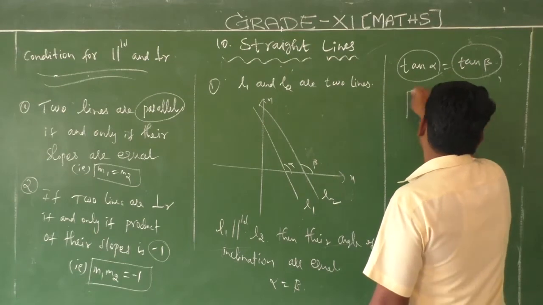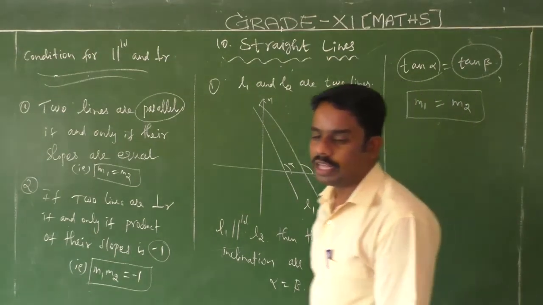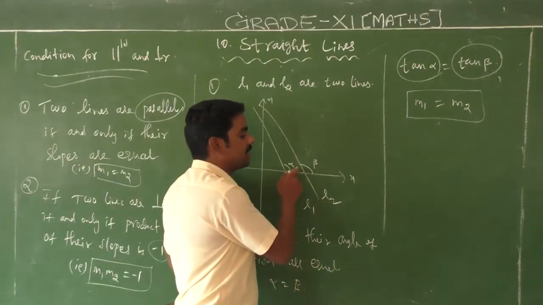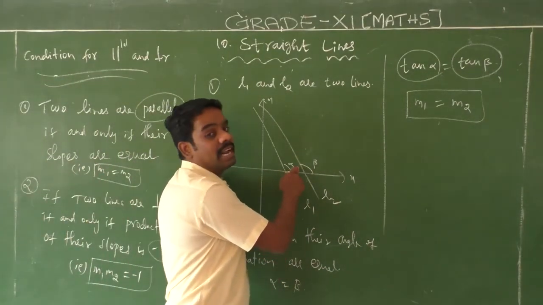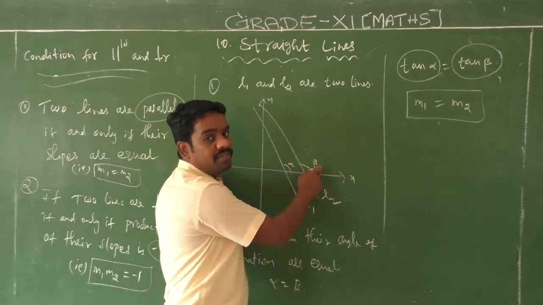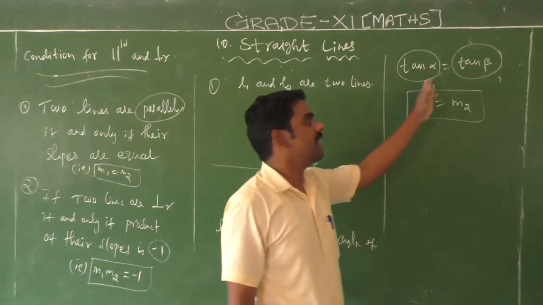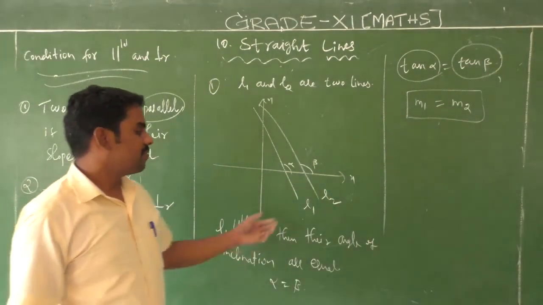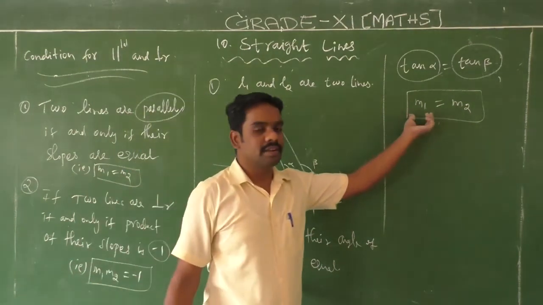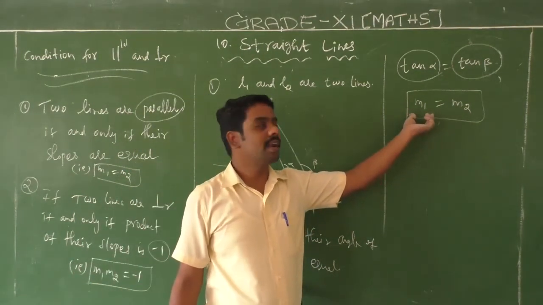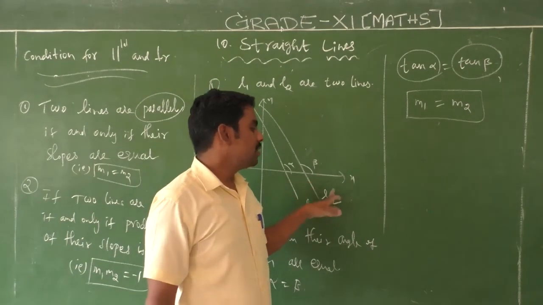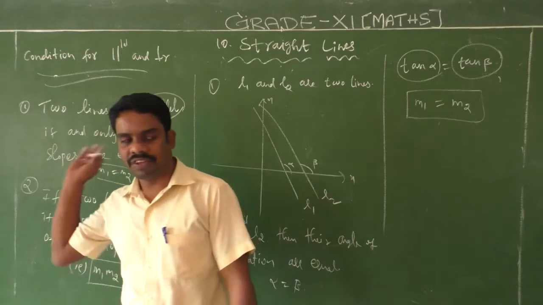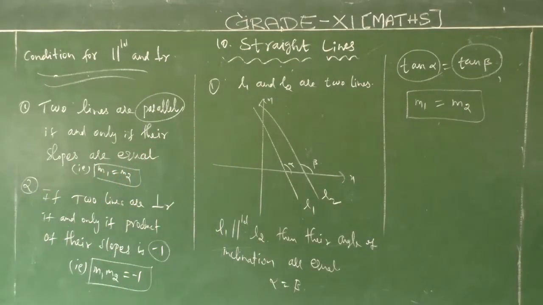So M1 is equal to M2. Given two lines are parallel, then the angles of inclination are equal. So alpha equal to beta, if and only if tan alpha is also equal to tan beta. Tan alpha is here called the slope of the first line L1, that is M1. And tan beta is called the slope of the line L2, so M2. So M1 equal to M2, the first point. And second point,